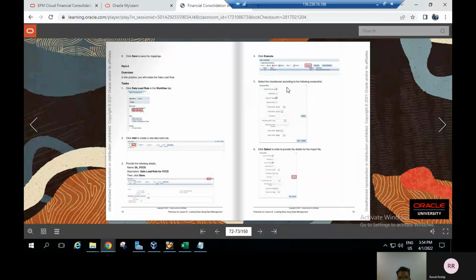After the execution, you have to select this particular option which will be shown in the application. I will show you in the navigation. I will show you each and every option. After that, click select in order to provide the details for the import file. After that process,